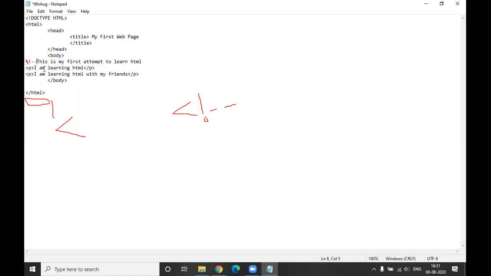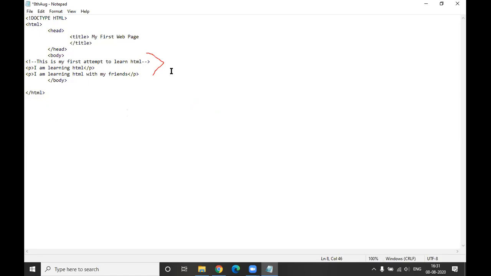Now over here also put 2 dashes. After that also put 2 dashes. And then put a closing bracket. Not this one, sorry, the angle bracket, the greater than sign.